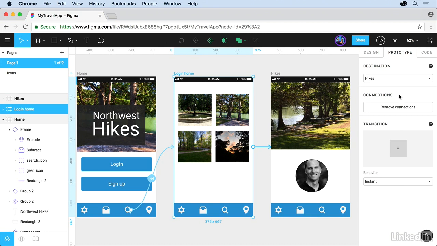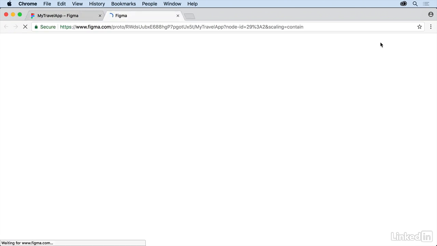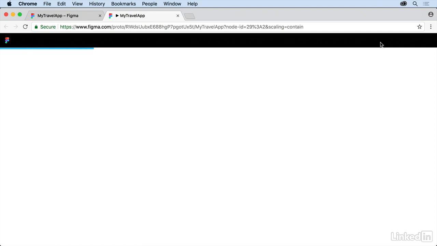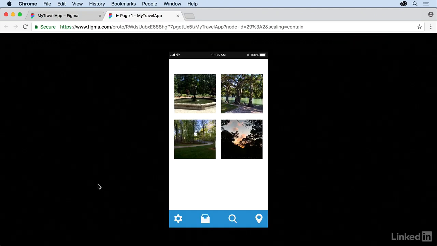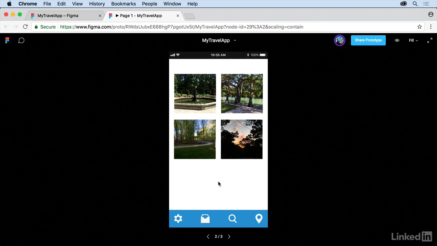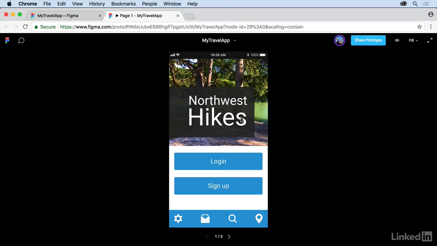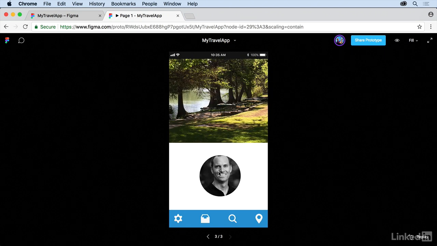Now we can also remove connections if we want to do that, but we want to try this out. So to try out your prototype, click on Present. Should open in a separate browser window here, usually. It's going to show you the background, which was chosen as black to start with, and it'll start on the screen that you had selected content on. So come down here, you can see the arrows. We can go between screens. Click the previous arrow to go to the first one. And if you come out here and just click in there somewhere, you can see where the hotspots are. So we can see it way down there. Click on that, and it should show you what you got.